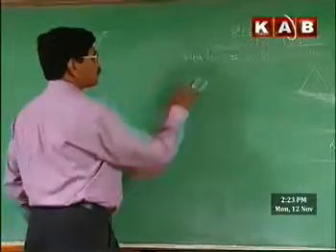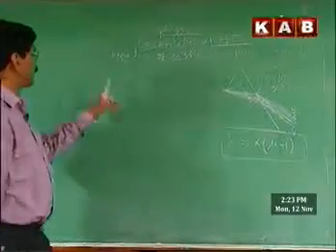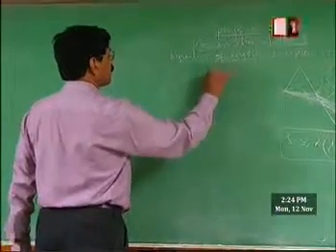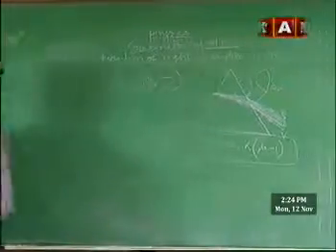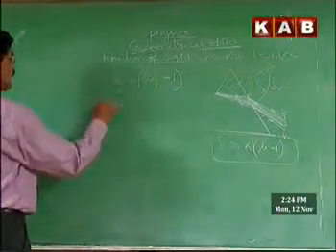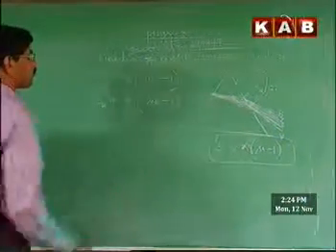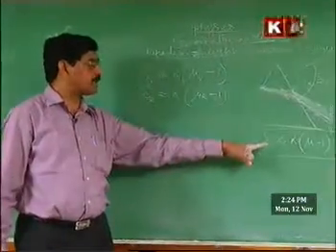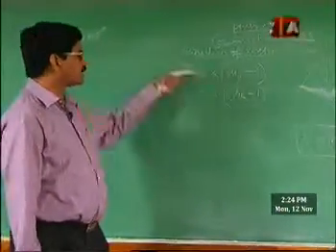Therefore, delta V, the violet deviation produced by a prism of small angle, is approximately alpha into mu V minus 1, where mu V is the refractive index for violet rays. And delta R is approximately alpha into mu R minus 1. Now, we are surprised to see that we are deriving this only for a small angle prism. It is found that dispersive power, which is